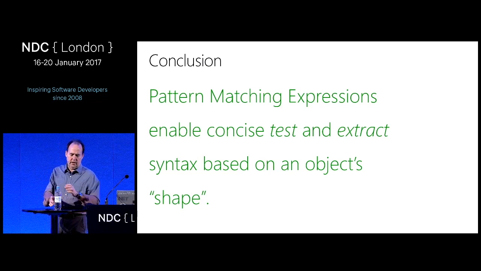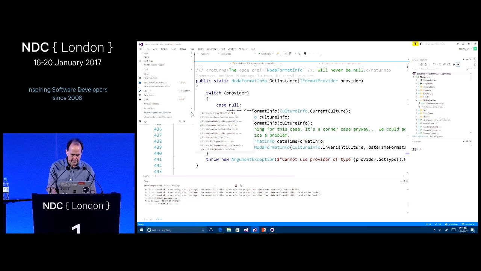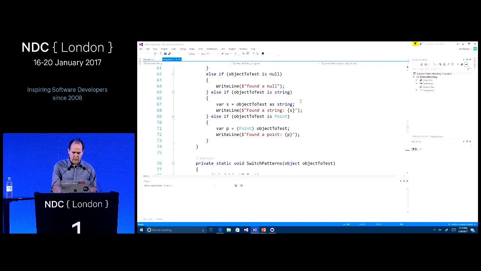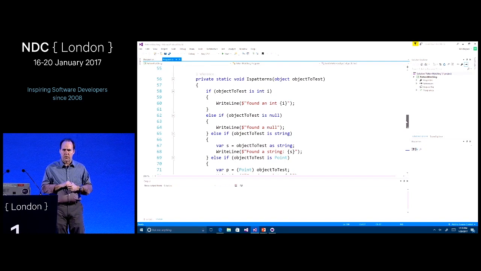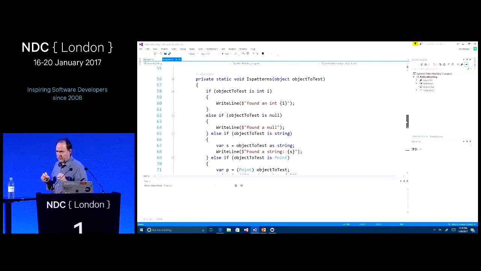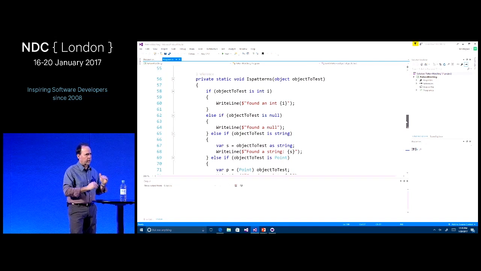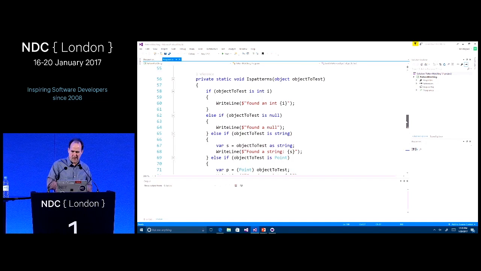And then let's look back at this code just a bit and discuss some of the syntax rules. So I'm going to go back to the small demo, and some of the last rules that play into pattern matching syntax. Once again, C# is trying to be a pit of success language. It's hard to write code that doesn't work. The scope of these variables, when you test and extract, should be the scope inside that block underneath it. The one exception to that is an if statement because of how a couple things work, which is that if I were to make this modification here,